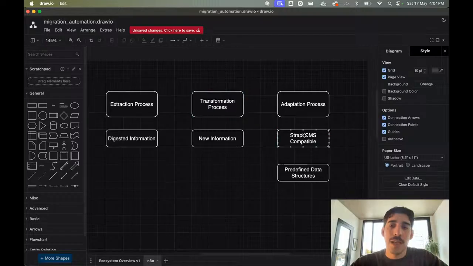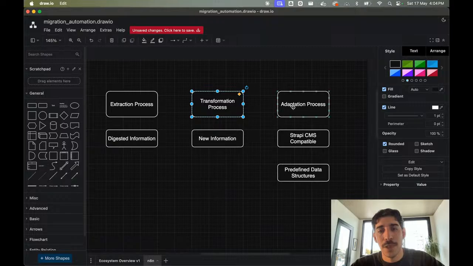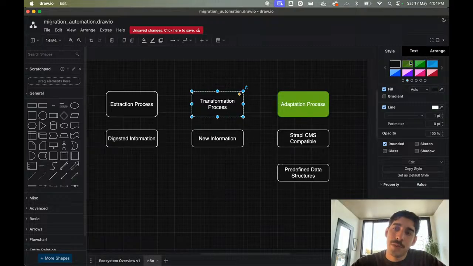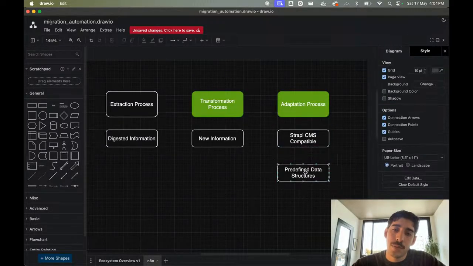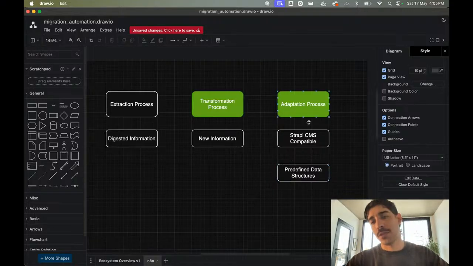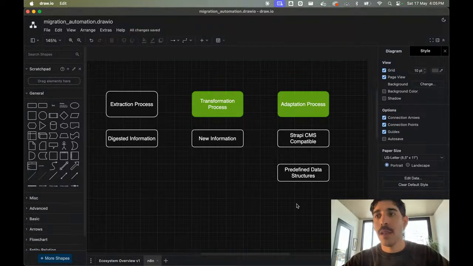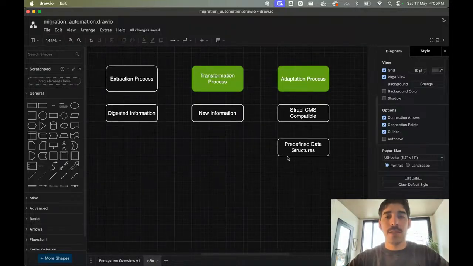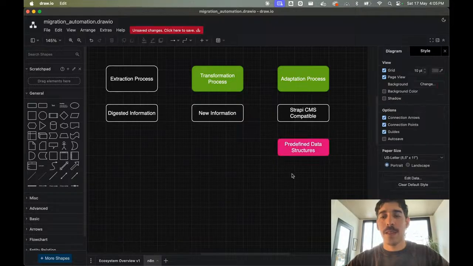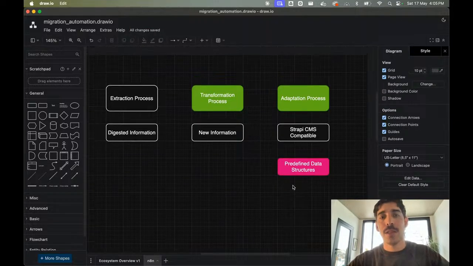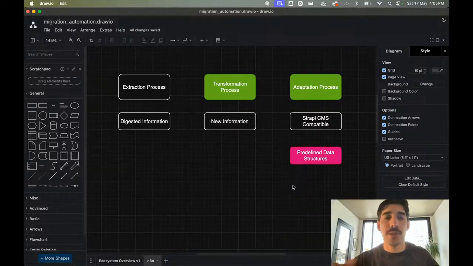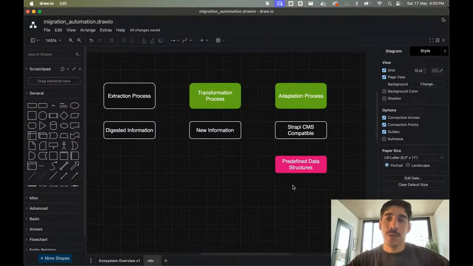But since we have LLMs today for this type of process, both the transformation and the adaptation to this new way of structure by choosing predefined data structures, we can probably use LLM calls or nodes in which that functionality is going to choose. We should offer to the front end which data types we can give you. If you want something quickly, you could build your own for sure.